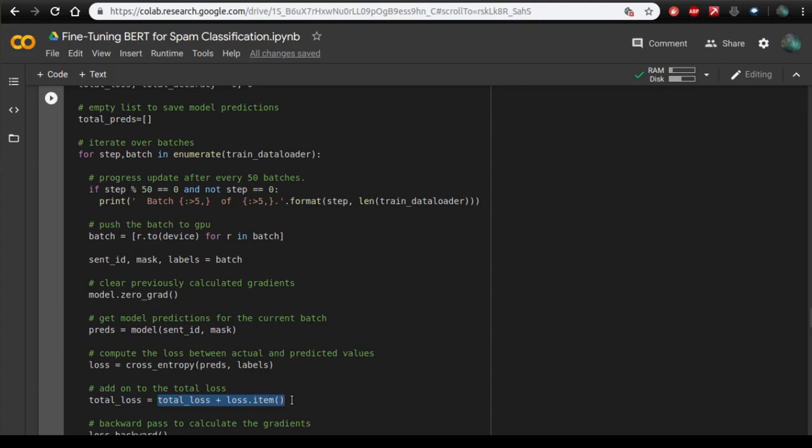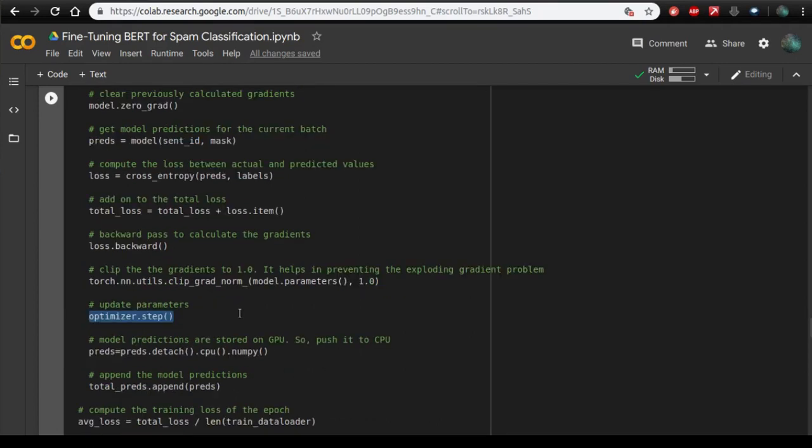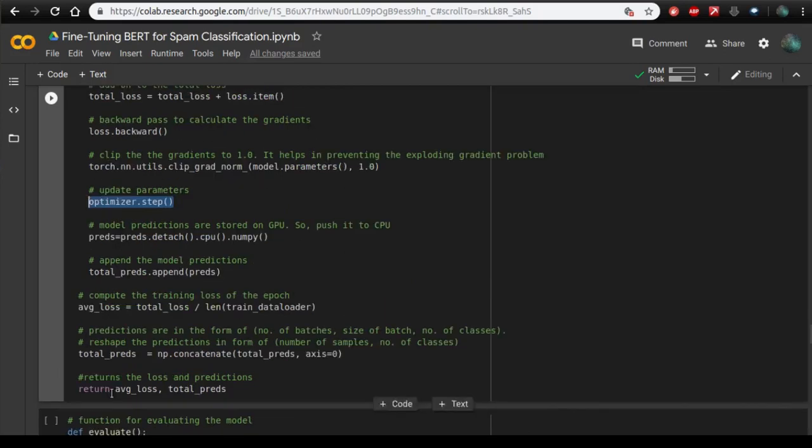Total loss means loss of all the batches, and this code will initiate the backward pass, and the step function will update the weights and other parameters of the entire model, and finally this train function will give out two outputs. One is average loss and the other one is predictions.